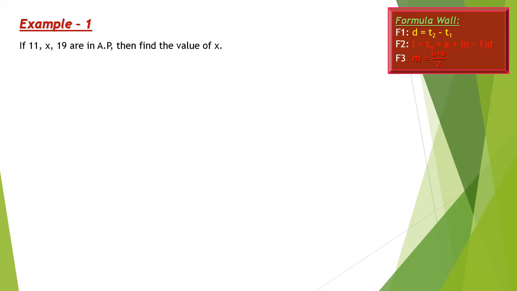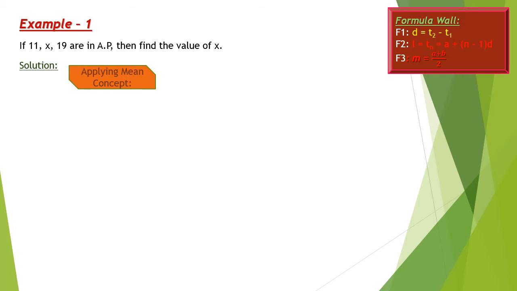Now you can see the formula well. Example 1, the first example related to arithmetic mean. As this is an arithmetic progression, you can say arithmetic sequence also. Find the value of x. Now the solution: we are going to apply the mean concept. Why have I written this? Because we have done this question in a different way also, and it can be done in a different way. In part 1 you can check that process also,